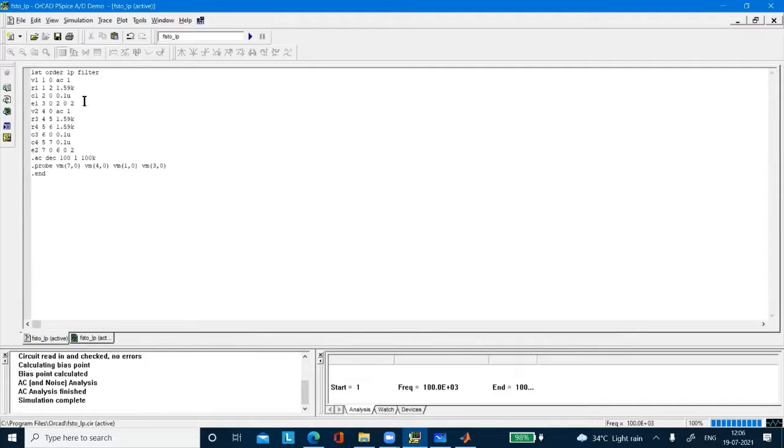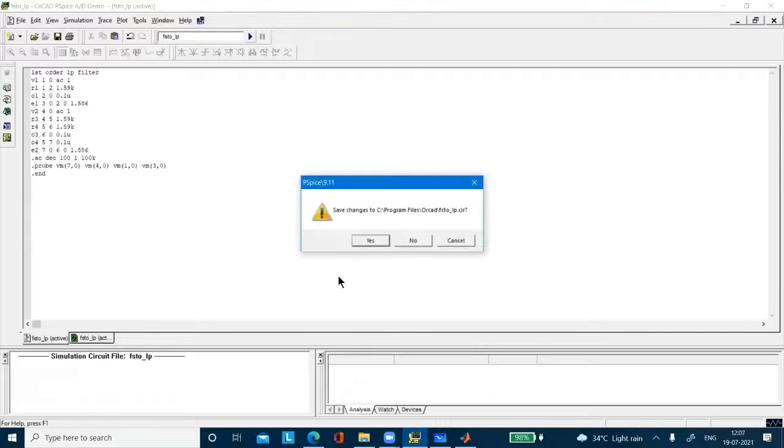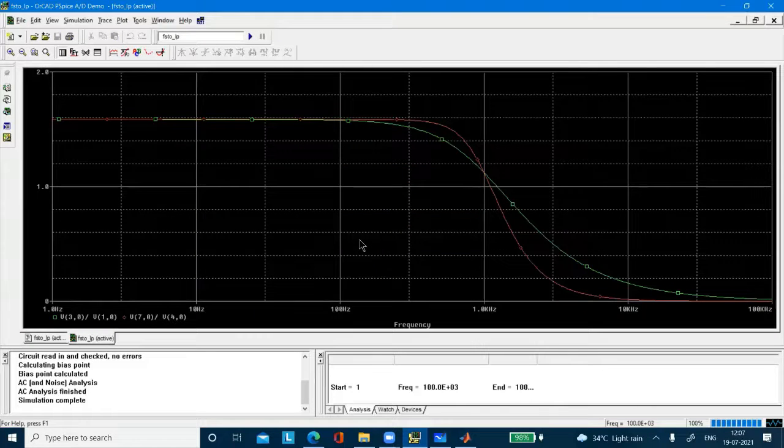You can change it to 1.586. If you change it to 1.586, then you will not find any overshoot, or maybe slight overshoot also. Look at the red one. Red one is the second order filter, and green one is the first order filter. Look, as we move to the higher order filter, it will become closer to the ideal filter.